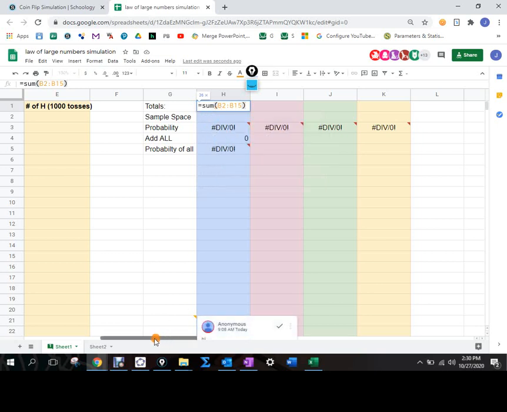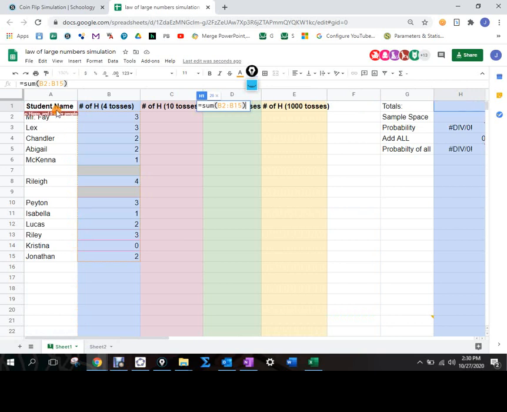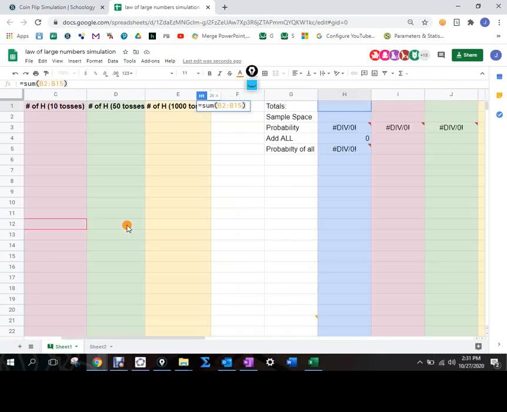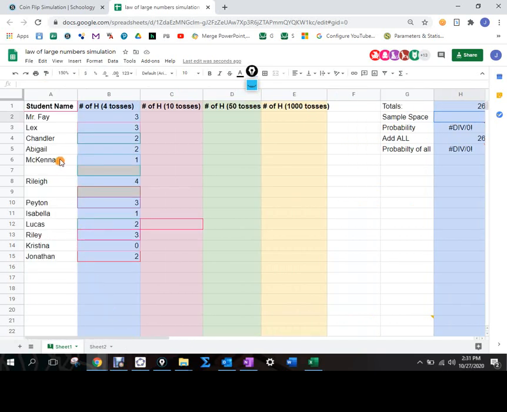And what Excel does is if it sees a blank, it will ignore it. Does that make sense? And if it's a sum, it's just 0 anyway, so it doesn't matter. Hit enter, and now we've got 26. Does that make sense? Okay, and that should hopefully, if we've got